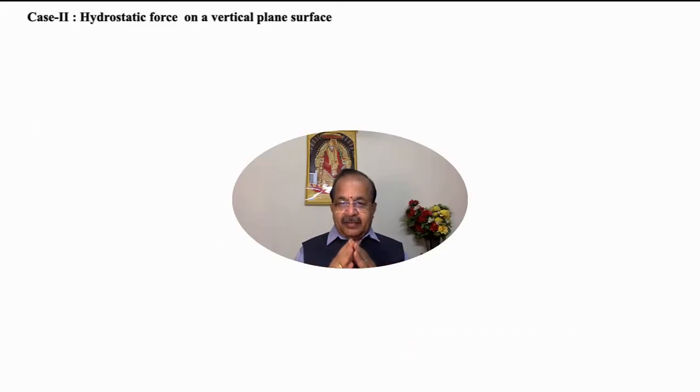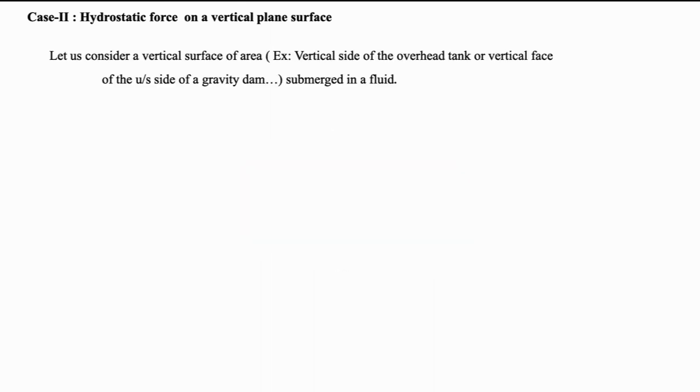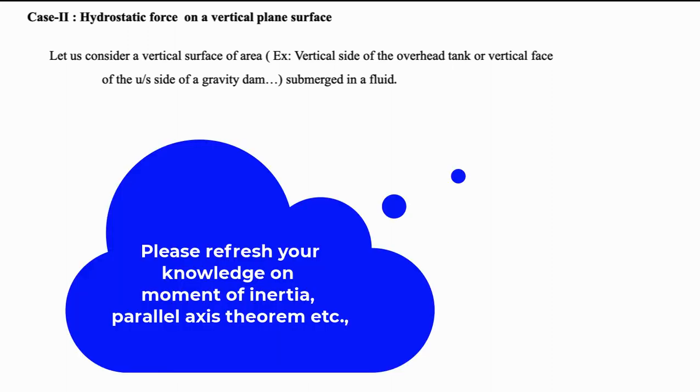As already discussed, a surface can be horizontal, vertical or inclined. Further, it may be a plane surface or a curved surface. In this lecture, let us discuss various hydrostatical aspects pertaining to a vertical plane surface immersed fully in a liquid. Before proceeding, let me advise you that prior knowledge of various aspects of moment of inertia and parallel axis theorem will make you more comfortable with the subject.